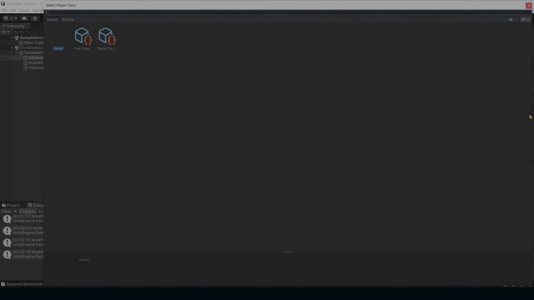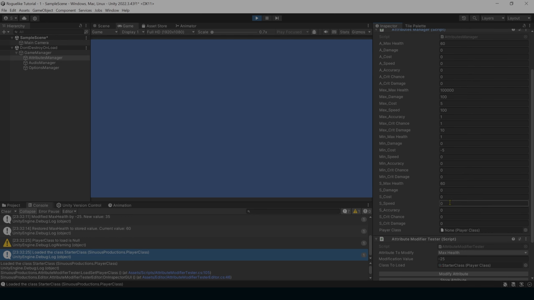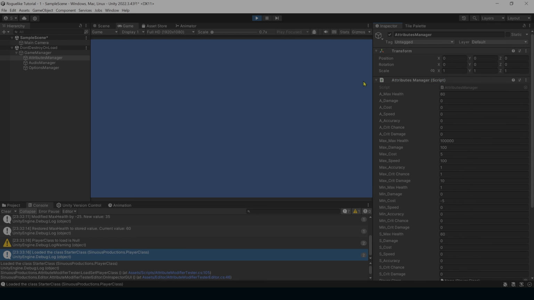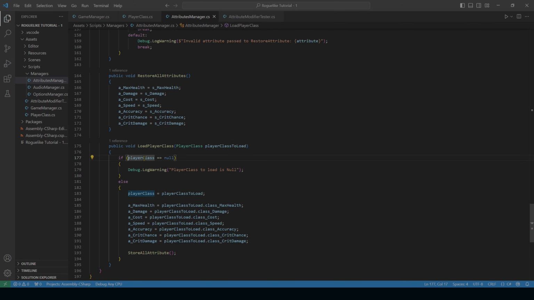Now I can go in here. I'm going to select our starter class. And I'm going to hit load a player class. Now I got this warning here, whenever I did that, that player class is null, even though we know it's not null. And it did successfully load it. We can check our attributes here, and we see that it did actually modify some attributes. Let's go and take a look at our script and see why it's still saying that's null. You can see here, I found the issue. It's saying that our player class is null, and we meant to actually put player class to load instead of just player class. Be able to save that